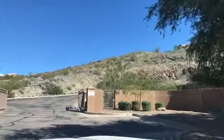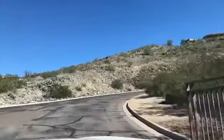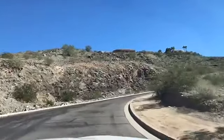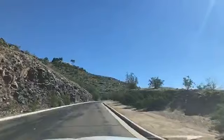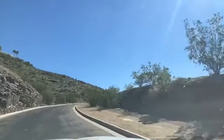Alright, so we're through the gates. Super quiet and convenient up here. The views are stunning. In fact, there is this hike that I love to do very, very close to here that is very kid-friendly. Look at that. Can you imagine coming home to this every day? This is amazing. This kid-friendly hike is called Telegraph Pass